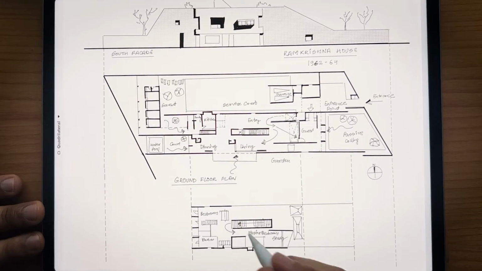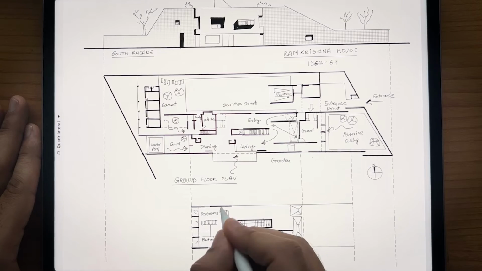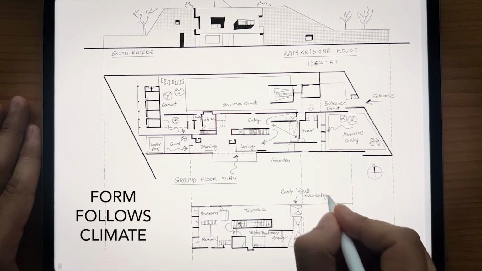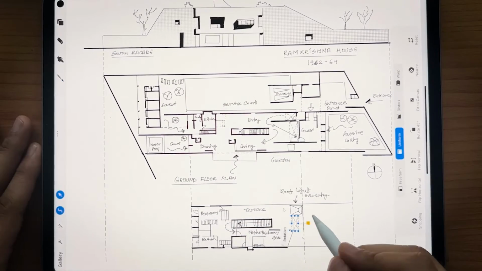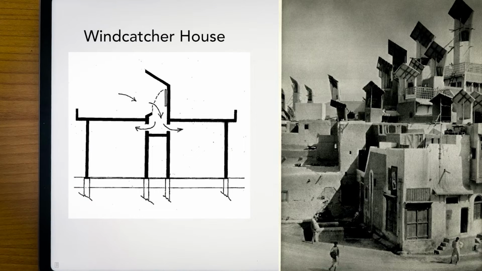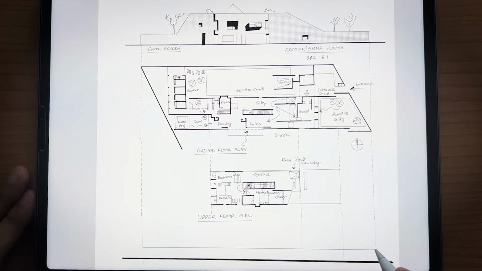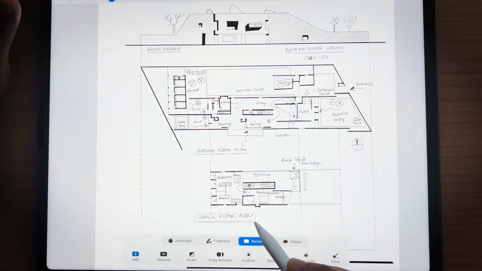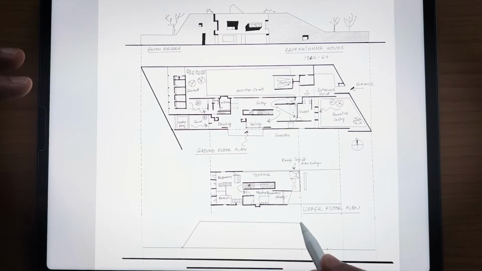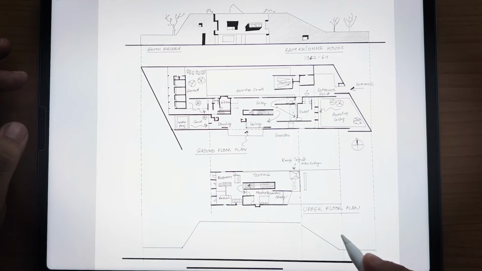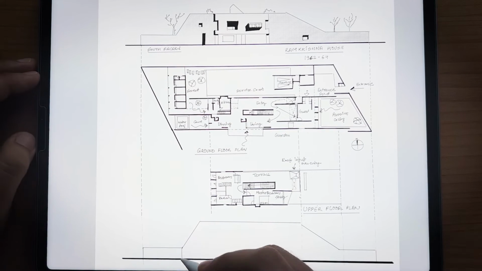The Ramakrishna House was an early example of Correa's work when he coined the term form follows climate. Correa defined it as an energy passive architecture inspired by the wind catcher houses of Sindh in Pakistan. Let's try to understand the section of the house. Correa was well aware of Indian culture and he knew how to design for the people. He added a sloping canopy to remove the hot air of the house and created double height spaces inside the house for air circulation.